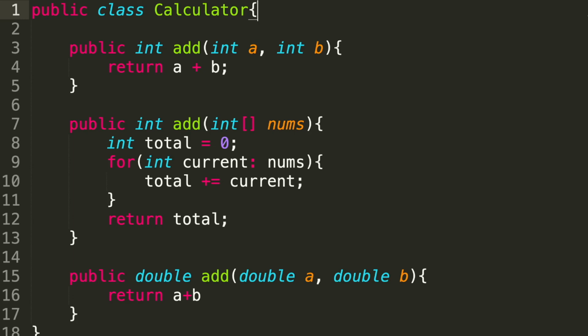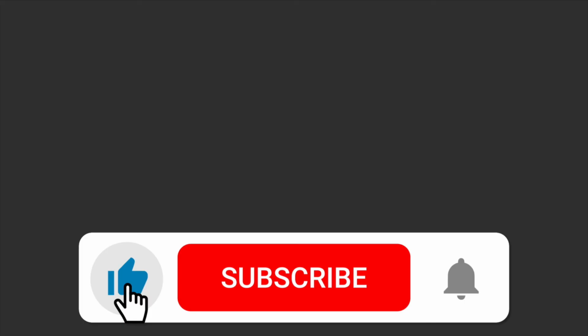Looking at our class as a whole, we see three different methods named add. But since these methods vary in return type and the parameters, that means that our calculator object will be able to automatically detect which is the right method to use when we call it. This allows our code to be more readable, more organized, and more intuitive. And that's all you need to know to understand the